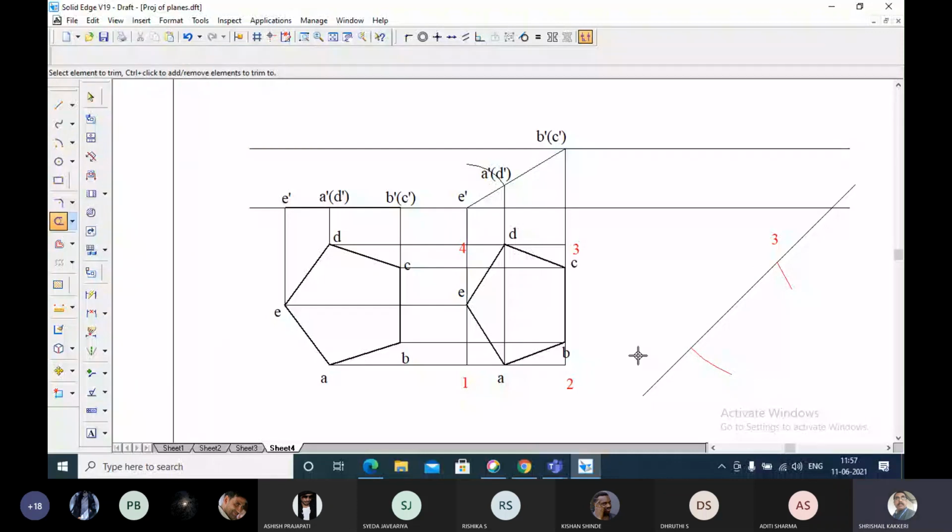Try to understand. This manual construction carries 60 percent of the marks, and if it is for 25 marks, how much is the 60%? 15 marks. 15 marks will be for the sketch. If you don't do this part, you will be losing 7.5 marks. Now, I want to mark this point 1 and this point 4.